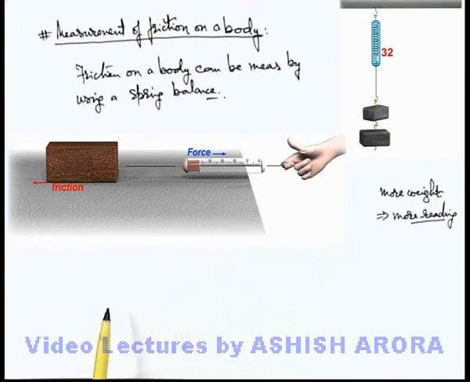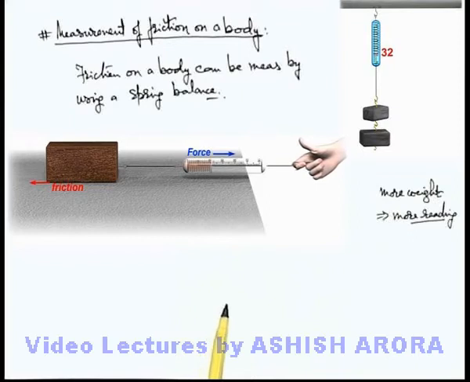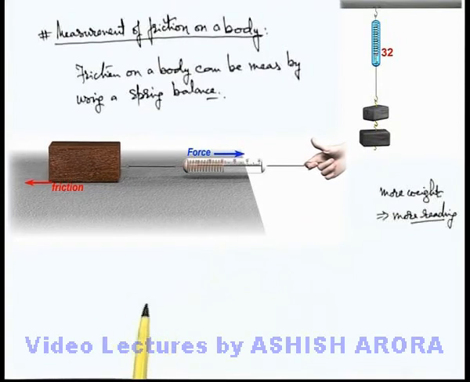But due to roughness of the surface, a friction force appears in the opposite direction and this does not allow the brick to slide if the external force is small. When the external force increases, you can see the reading of the spring balance is also increasing, giving us an idea about the amount of force applied on the spring balance, and indirectly on the brick. And we can see the movement when the brick starts sliding. That means this is the point where the external force exceeds the friction. That's why it starts moving.